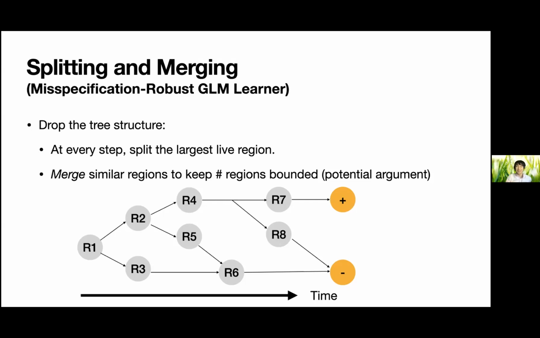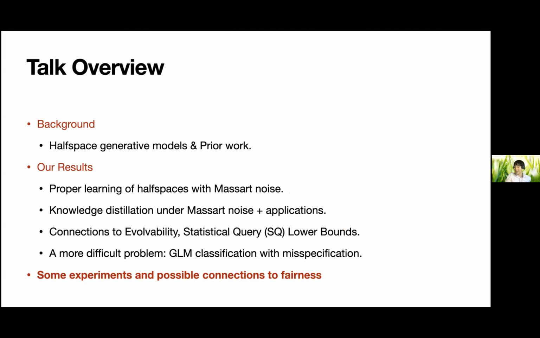But I think this is a very interesting setting. The generalized linear models with these adversaries, it captures a lot of the things about those models that we like. And it's one of the most general settings where we can do something. Finally, in the remaining small amount of time, I want to say a small bit about some proof of concept experiments we did.